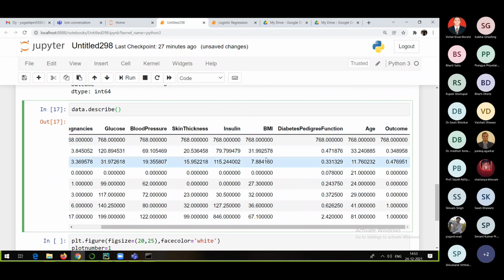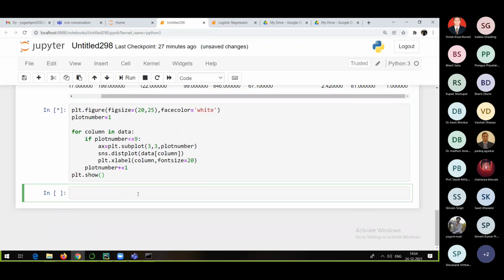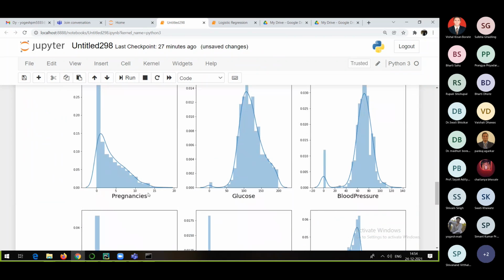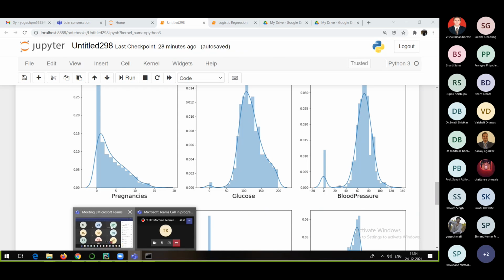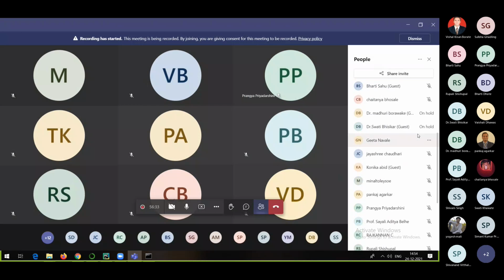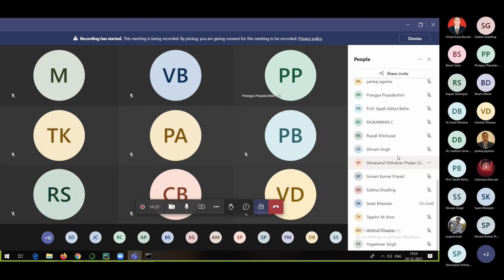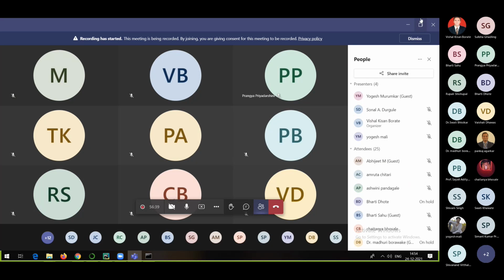Outcome is going to be categorical. So see, everyone, now if everything is right, I will press shift enter, and you can see this is a star and this will change. If it is running fine, it will show the distribution plots like this. So see, everyone, these are the distribution plots. Now, as I said, plotting is not a difficult thing, but interpreting is very, very important.